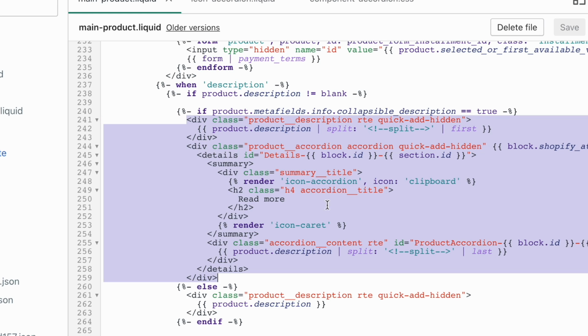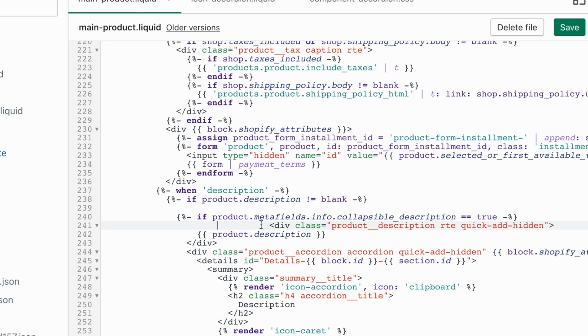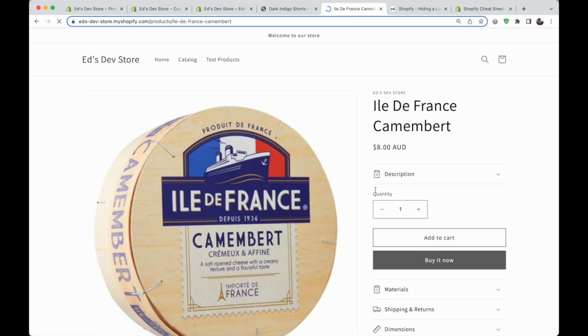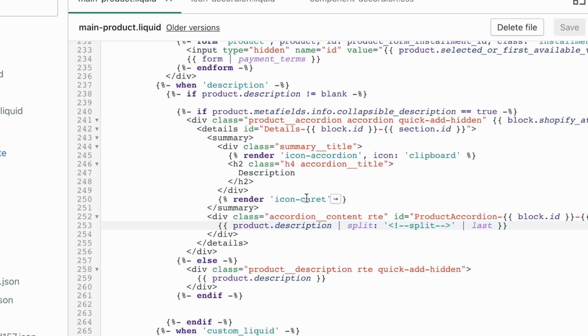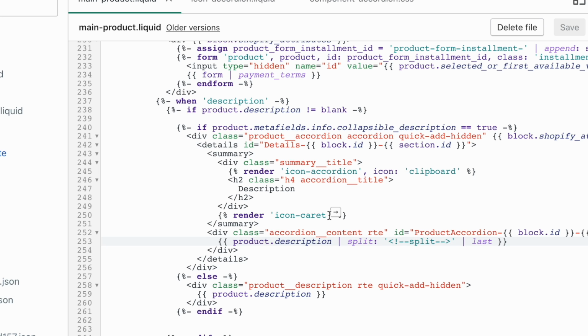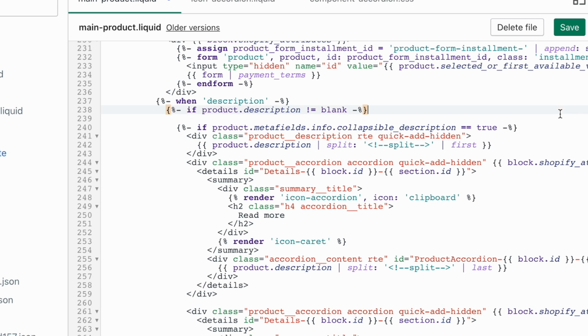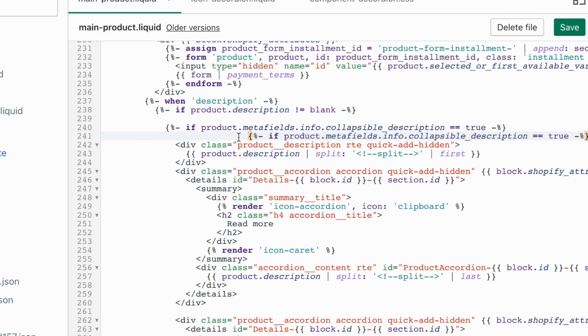We're going to copy this, and now you're just going to hit undo a few times so that you go back to what we had before with just the description. You're going to undo this so that there's nothing here. Let's save and check that it's gone back to what it was before. Okay, so now that works fine without the split tag, and we still have copied what we did for the read more, and we're going to paste that on top here and just separate it once again with an if statement. You can copy this if statement, paste it here, indent it properly, and the condition is going to be if